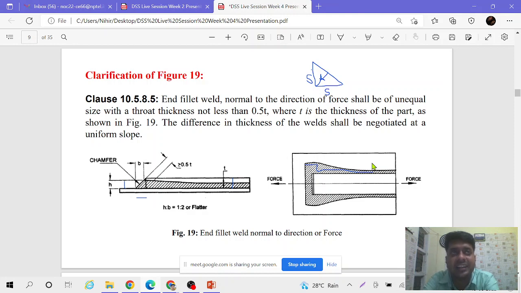But in the practical case, we are taking all these things to reduce our calculation, not going into much detail. But what will happen in practice? When you consider this cross section, the weld at this cross section, whatever stress it is experiencing because of this axial load, the same will not be at this section. There will be a slight difference at these two sections, but for our convenience we are taking that these are the same, meaning it is uniform.